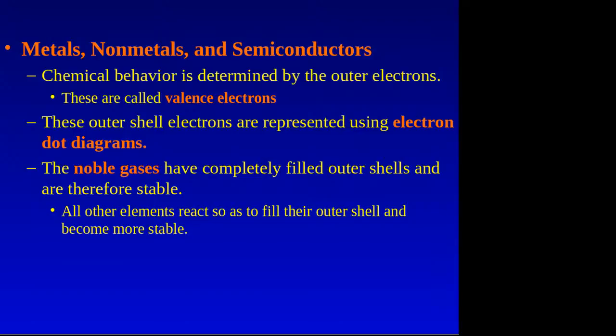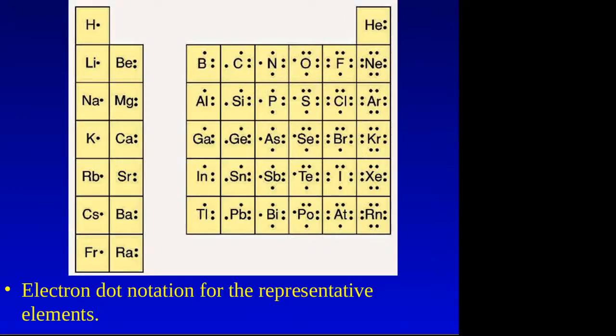Sorry, I have a habit of the previous idea leading me into the next idea, and on certain slides I'll go, yeah, that's everything I just said. Right? This is what we just said. I haven't talked about the dot diagrams yet, but here is what the dot diagrams look like. And so notice in the 1A column, what I said in words is represented by the dot. Hydrogen has 1 electron in its outer shell. You pop over onto the far right there, and helium has 2 electrons in its outer shell.